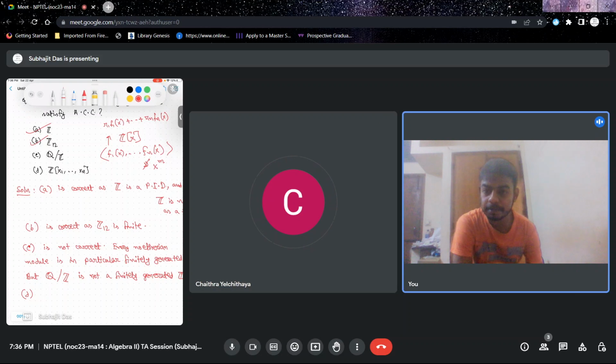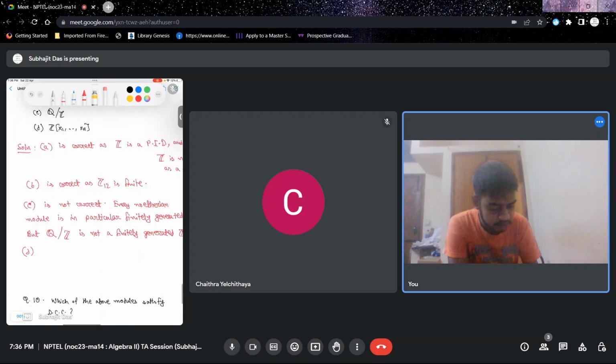So you never get a polynomial of a larger degree, right? So this is not finitely generated, which would in particular imply that this is not Noetherian. And the same argument will of course hold for this polynomial ring in n variables. So D is not correct,